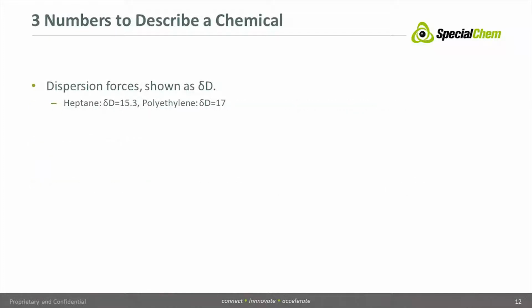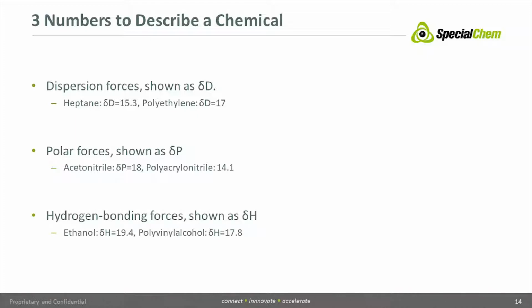Solvents like heptane or polymers like polyethylene are held together by just one force, dispersion or van der Waals. So if we are to describe solubility, we must include a parameter, dD, to cover dispersion. We will talk about the numerical values shortly. Solvents like acetonitrile or polymers like polyacrylonitrile have a strong polar component which holds them together. So if we are to describe solubility, we must include a parameter, dP, to cover polar forces. And then, of course, alcohols and polymers like polyvinyl alcohol show strong hydrogen bonding attractions, so we need dH to